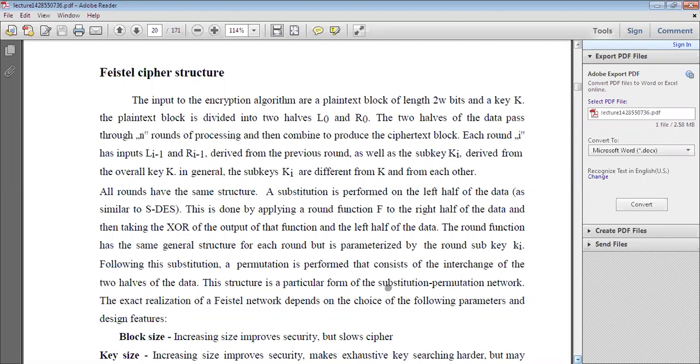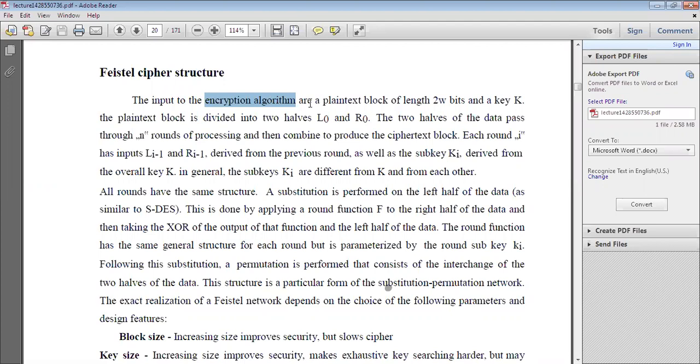Feistel cipher structure. Whenever you want to convert the plain text into ciphertext, first the plain text you have to arrange into blocks. For example, this is the input to the encryption algorithm. In this encryption algorithm, mainly you have to use the Feistel cipher structure.